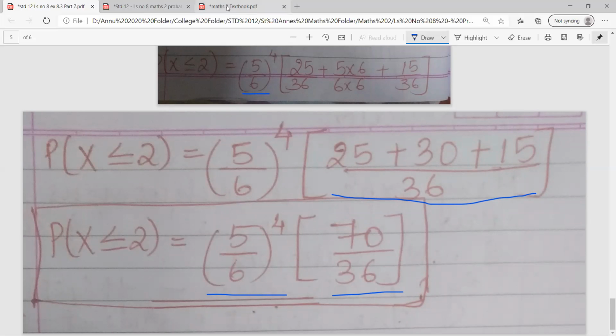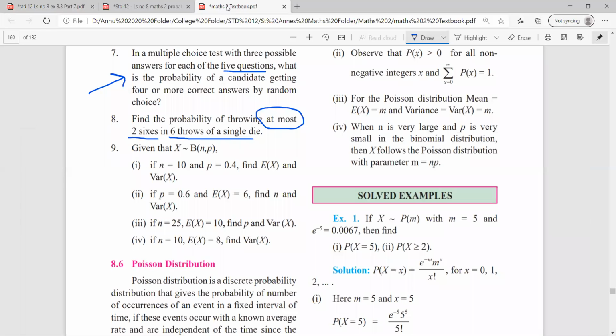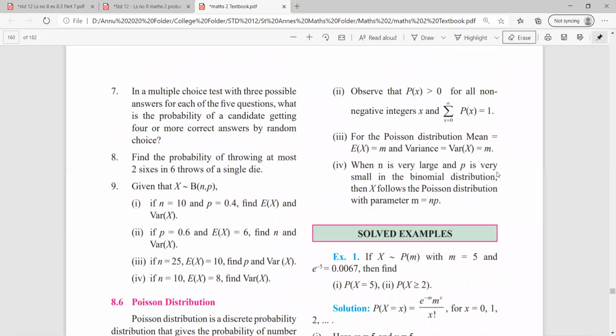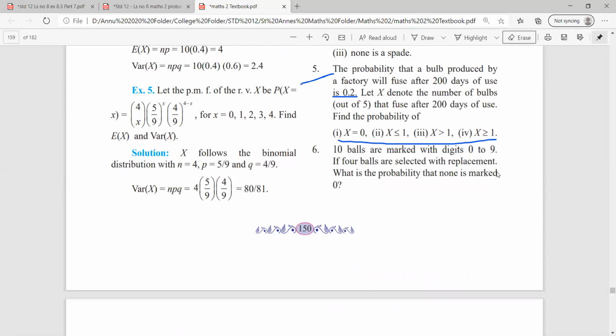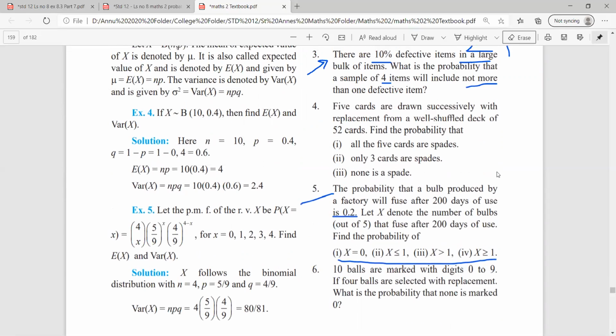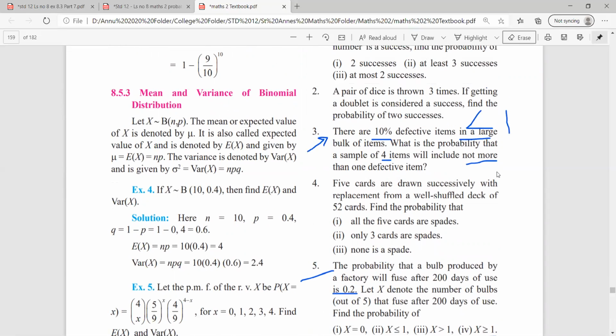So with this class, we have completed all the sums of exercise 8.3. I hope you all are clear with the sum, and if any doubt, please let me know in the comment section. And also please practice the sums in your notebook, because at the end of the day, you have to give exam in written format. So please learn the formula nicely and understand the concept so that it will be easier for you all to remember rather than by hearting.